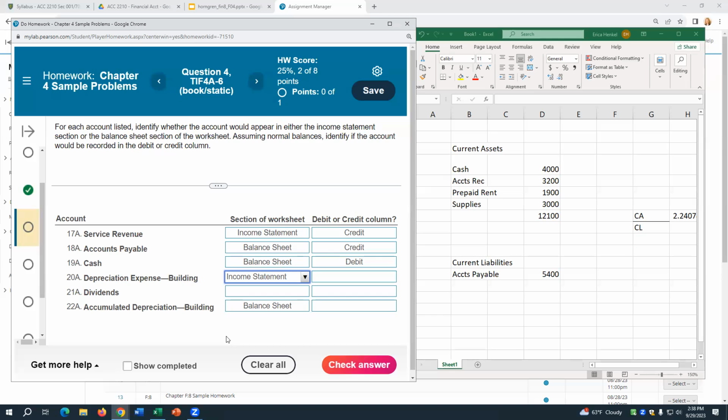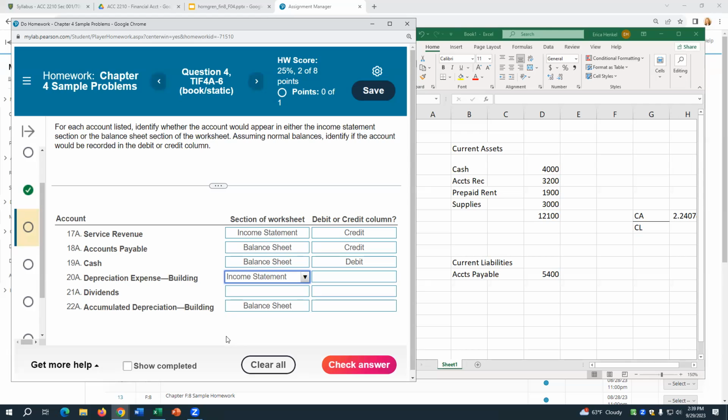Debit, right? So when we record our accumulated depreciation, we say less accumulated depreciation, right? So if that is going the opposite direction, what would that then be? A debit or a credit? A credit, right? So if the asset is a debit and the accumulated depreciation decreases the balance of it, it would be a credit because it's a contra account. So remembering that part,